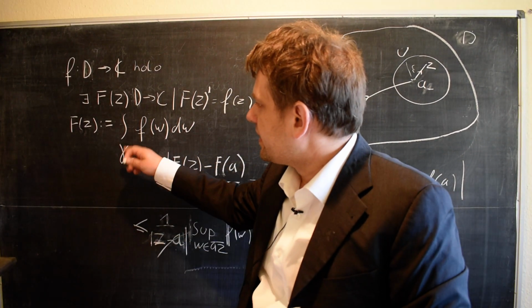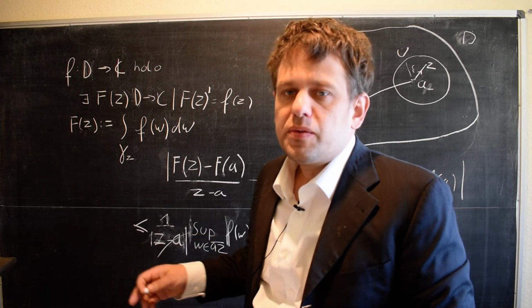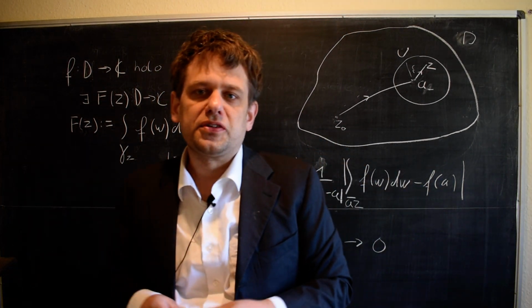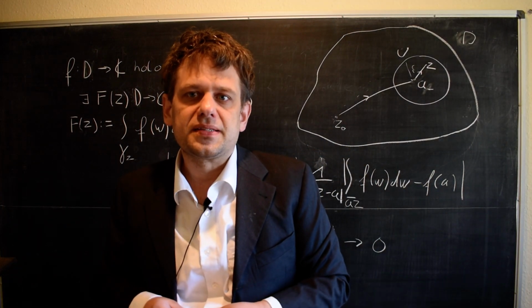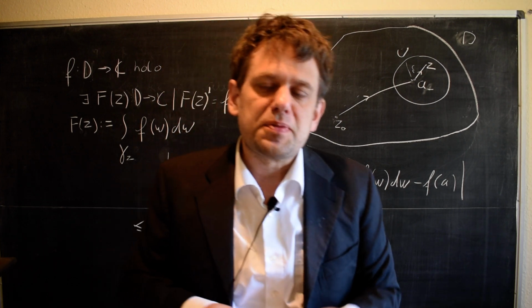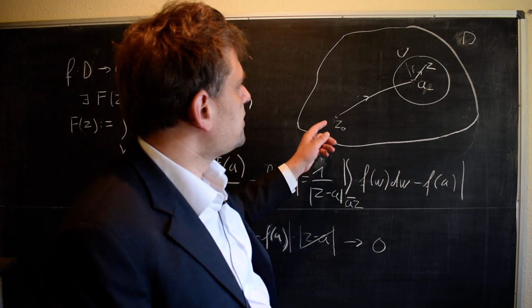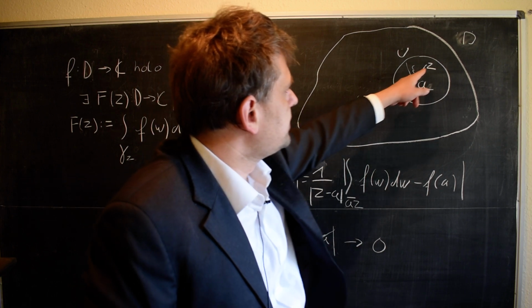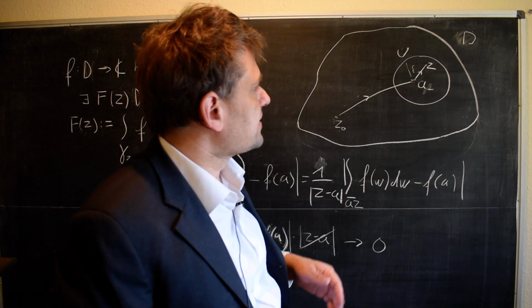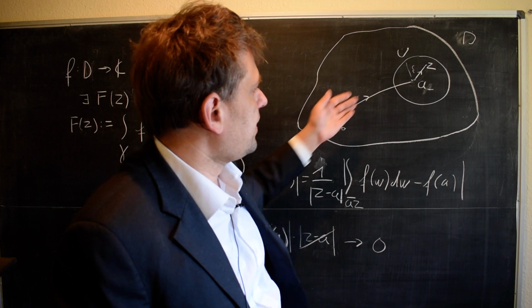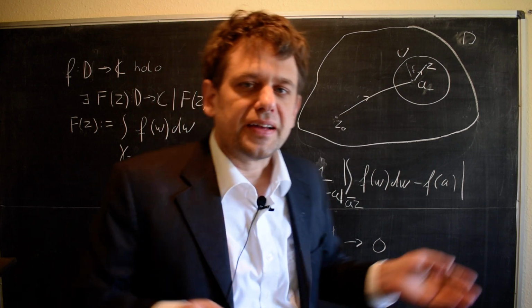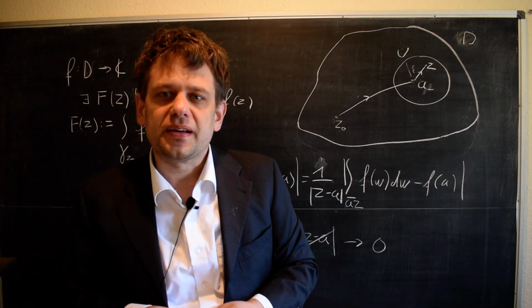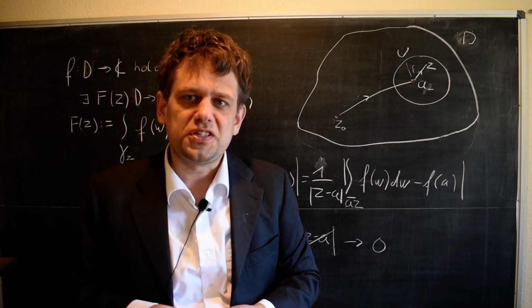Everything is well defined. We just pick an arbitrary contour, and the integral is well defined. This is because the integral along every way from z0 to z is the same as the integral along every other way. And this is a direct consequence of Cauchy's theorem,